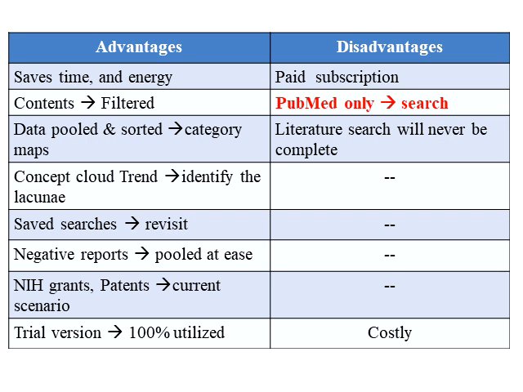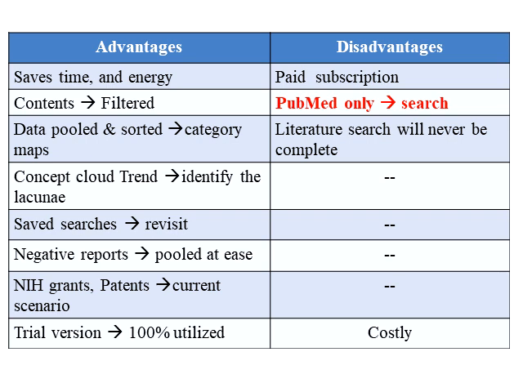The disadvantage is that it is completely a paid subscription, but you will be given a 30 days trial version within which you can search the entire PubMed database, collect those articles in different categories, and narrow down your research topic. Contents are very much filtered. It is filtered by period of publication, name based, negative cases, etc. The PubMed search engine could give you only the search results. Filter options are there, but not to the extent that you see in this QInsight platform. Data is pooled and stored.